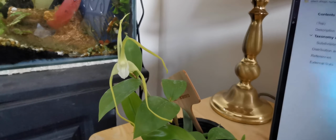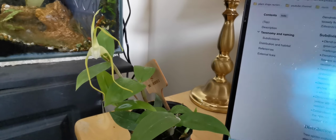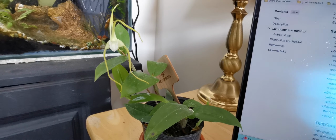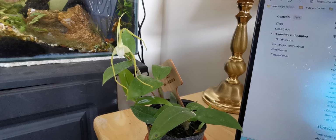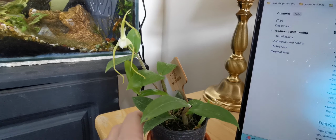This species belongs to the genus Dendrobium. It is a very big genus, in the sense that it includes many species, including Dendrobium nobile, that is one of the most common orchids you find for sale, not only in orchid nurseries but even in supermarkets. This one, however, is definitely not that common. Like Dendrobium nobile, which comes from Asia, this one comes from Australia, the eastern part of Australia, and the plant is so-called, the specific epithet tetragonum,